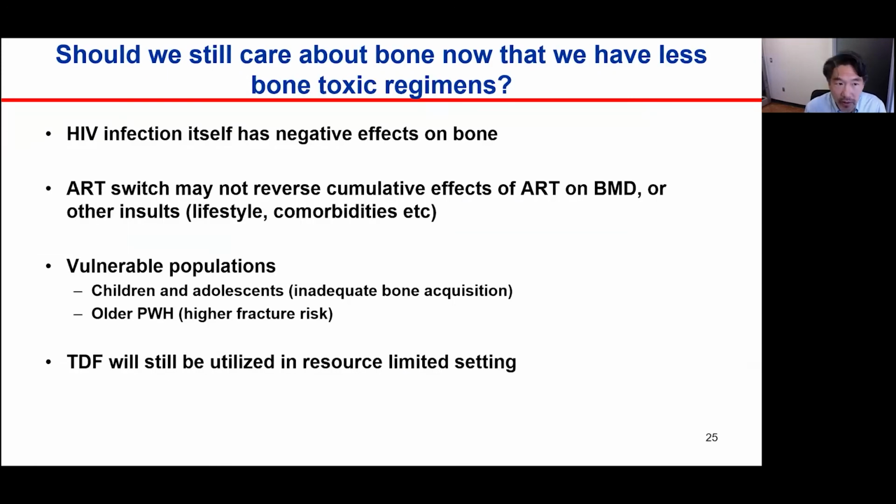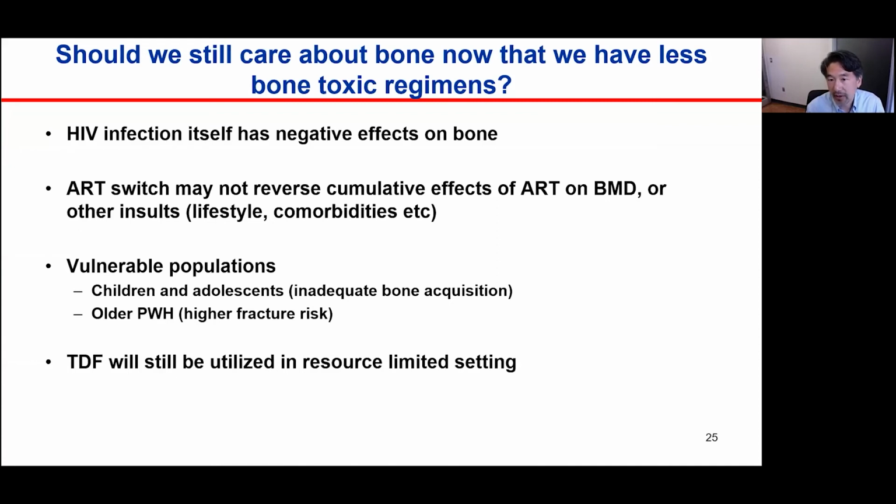So now to answer the question, should we still care about bone now that we have less bone toxic regimens? I hope I've demonstrated to you that HIV itself has a negative effect on bone, and what that cumulative effect is on the process is still not very clear. ART switch or beginning ART regimens that are not as toxic may not fully reverse the cumulative effects both of